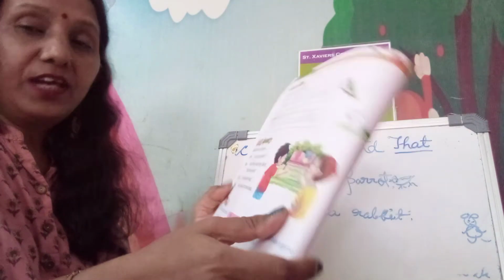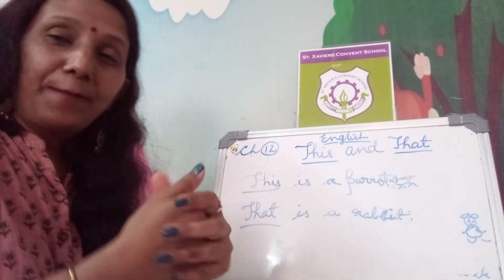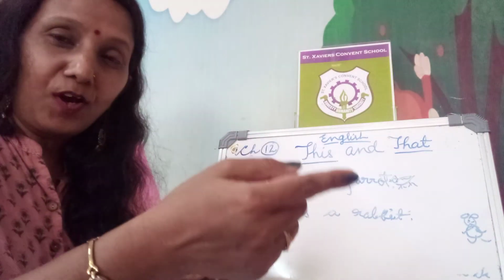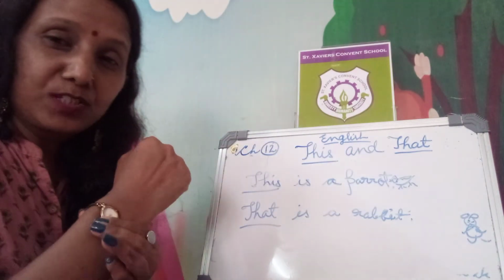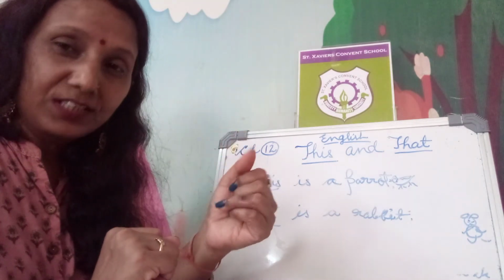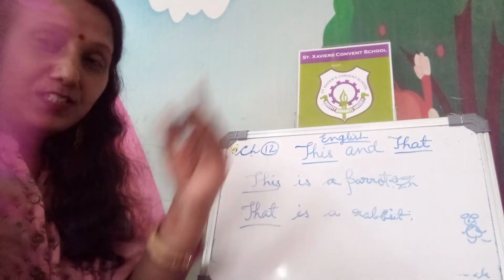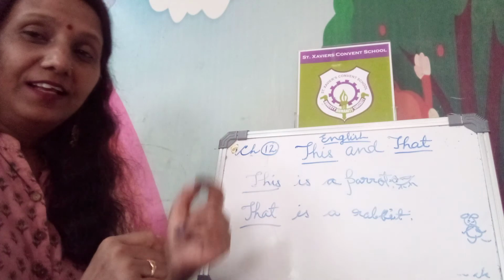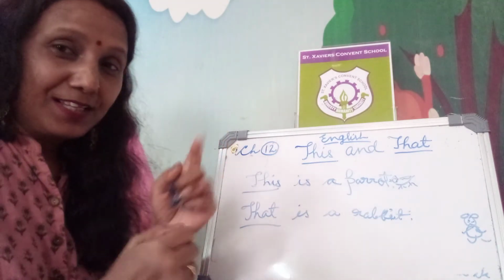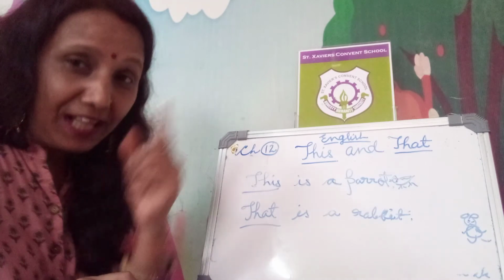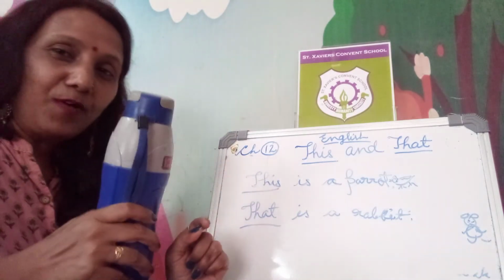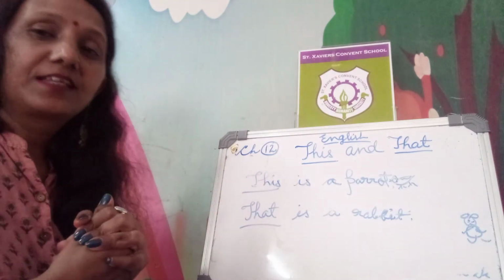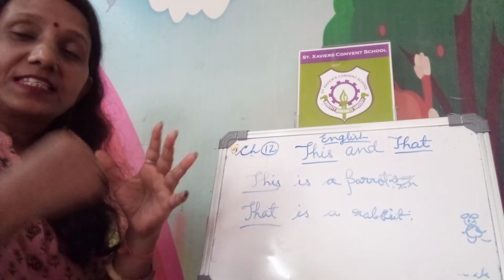Okay. So this way you have to speak. This is my pencil box, that is your bag. This is my dress, that is your mama's sari. This is my wristwatch, daddy, that is your watch, right? This is my comb, that is your comb. This is my towel, that is your towel. This is my umbrella, that one is yours. This is my chocolate, this is my toffee, that one is yours. This is my water bottle, that one is yours. Like this, you can talk about things and try to speak in English in sentences.